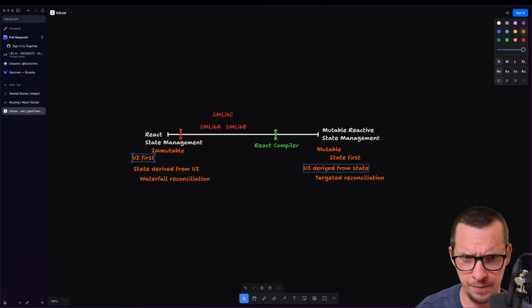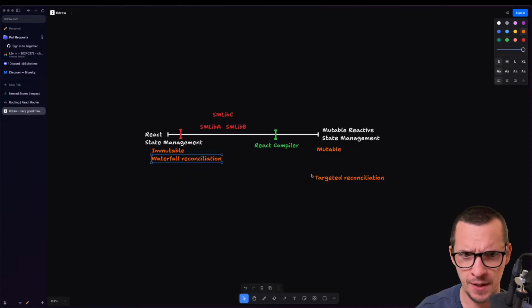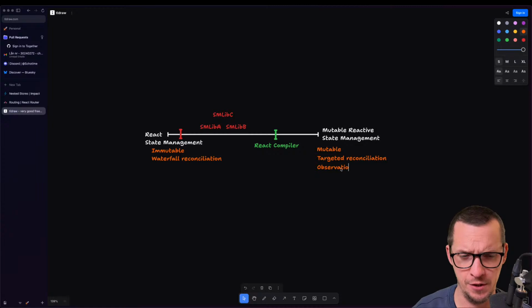So we're going to drop this state UI derived from state thing. This is still true. So this is observation, or let's call it observation reconciliation.